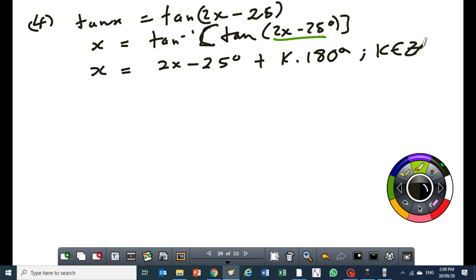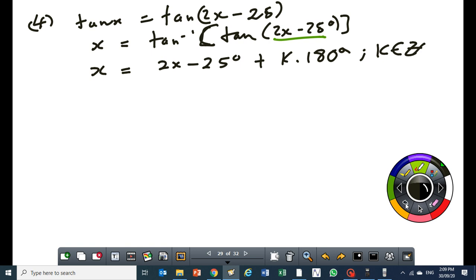So if you have got shift tan, then you have got tan of an angle, the answer that you get is the angle for the tan. So we have shift tan. Shift tan of tan 2x minus 25 is going to be equal to the angle, which is 2x minus 25